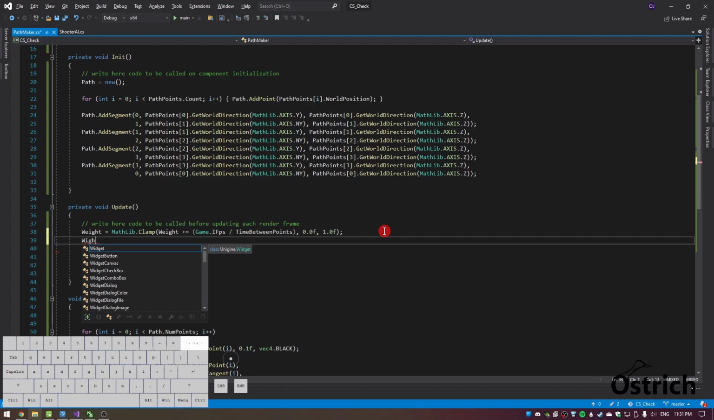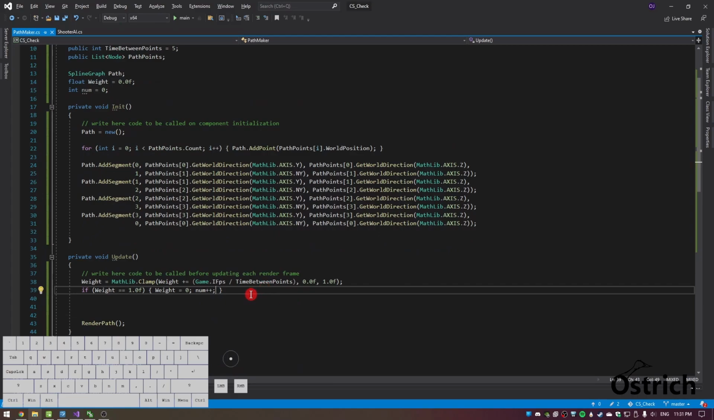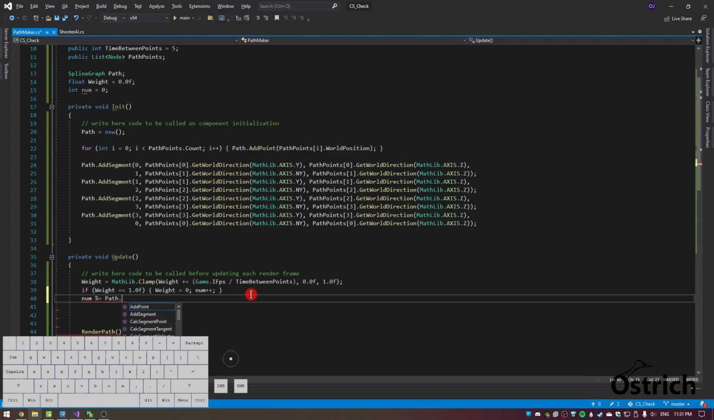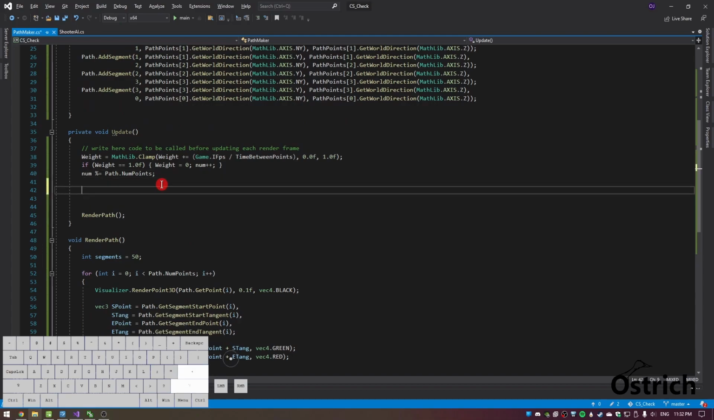let's immediately calculate the fact that if wait equals to 1.0f, so the moment it gets to 1.00f, let's reset the wait, and then num plus plus, so we go up a number. And then what we're gonna do is the num, we modulus operand it with the path.num points, so the amount of points, so we can reset between 0, 1, 2, 3, and then just keep going in a circle in these points. So with that done, what we're gonna do is object to move dot,